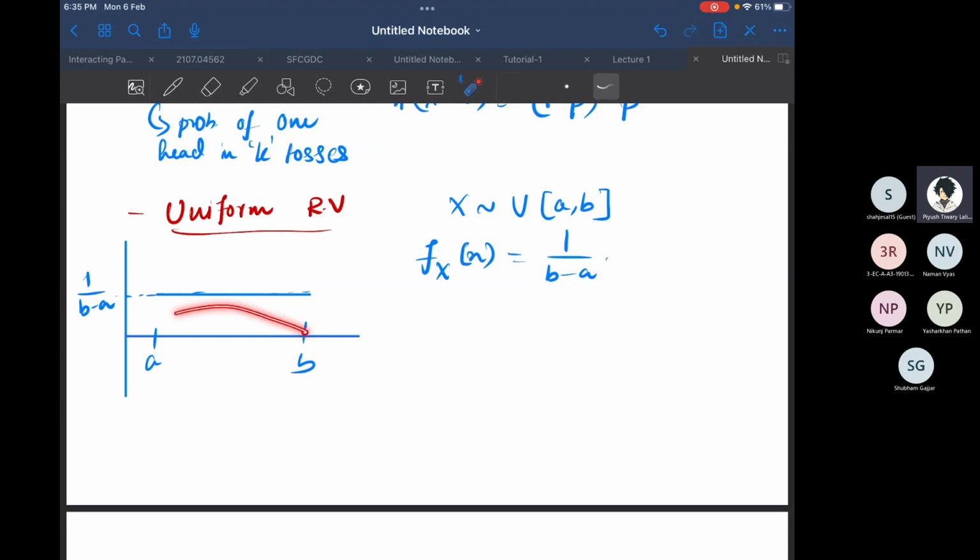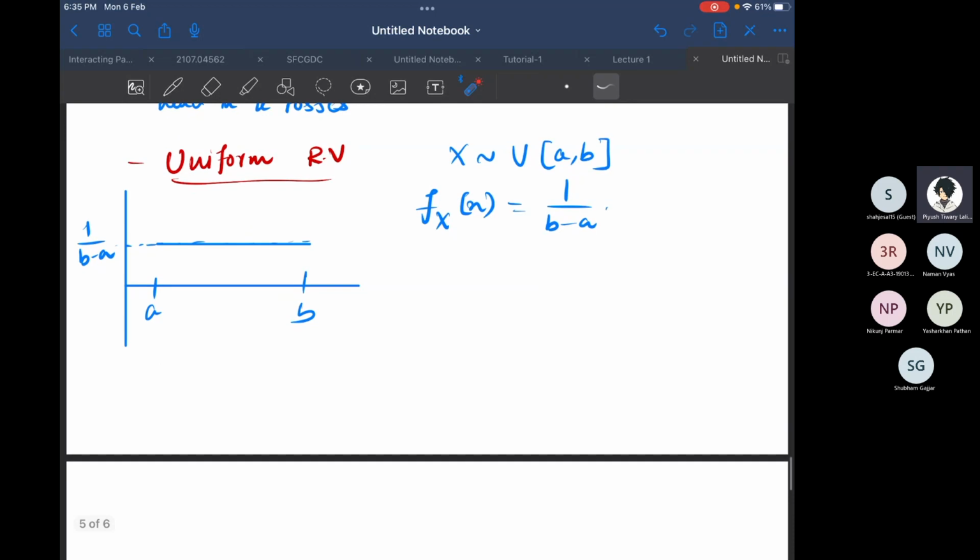Okay. So if it is equally likely, then the length of this is again b minus a. And since each of these points are equally likely, the density should be 1 over b minus a. What density actually means is that, if I take some point here and I perturb it by, let's say, plus minus delta, roughly 1 over b minus a is the amount of weight that is put here. That's all.